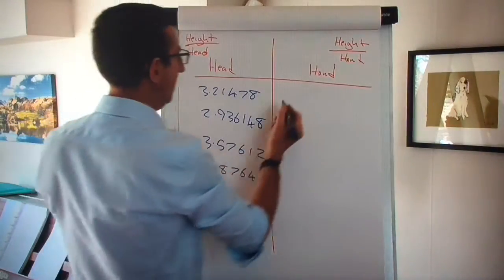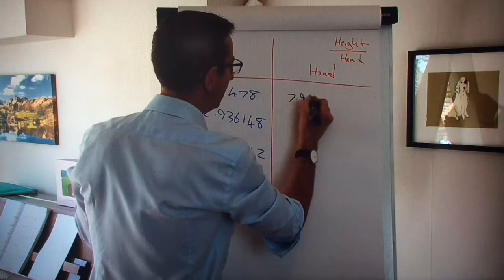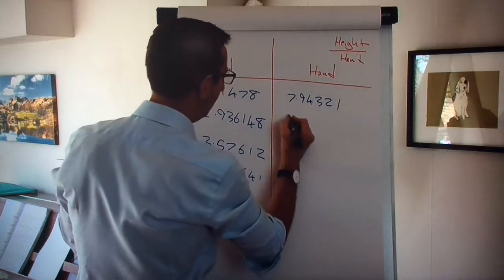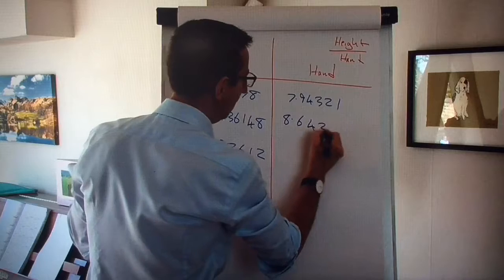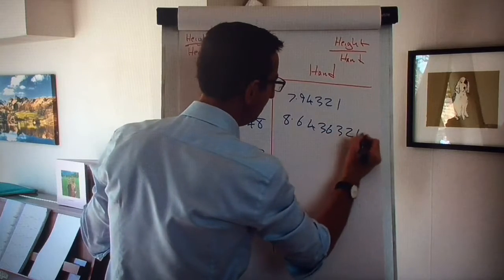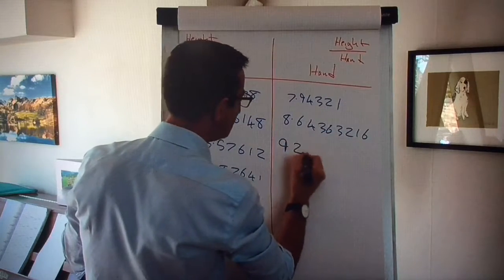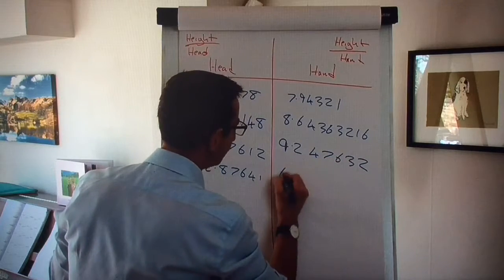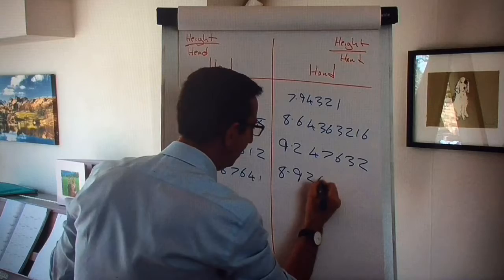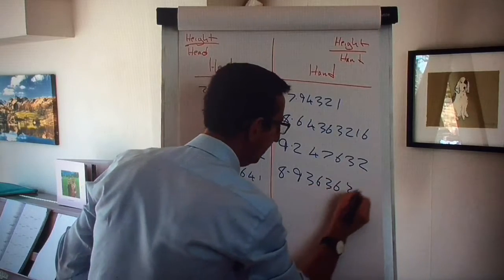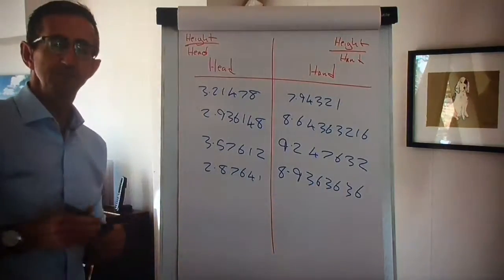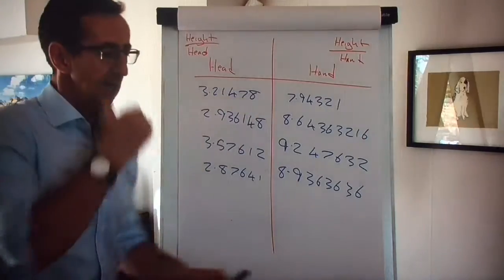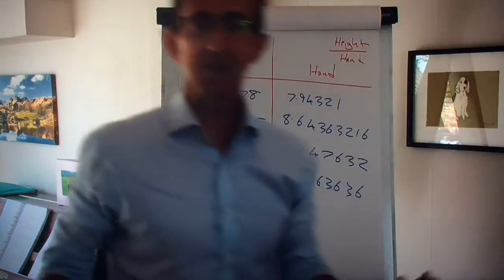For the hand number, you end up with things like 7.94321, 8.643632216, 9.2476332, 8.9363636. So you end up with a load of numbers on the board that the children find fascinating, because normally